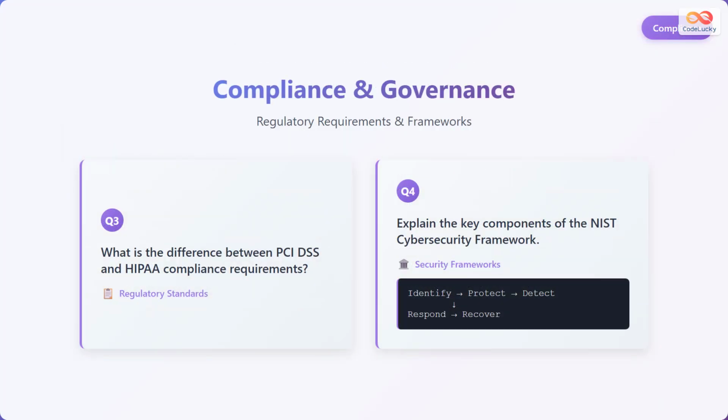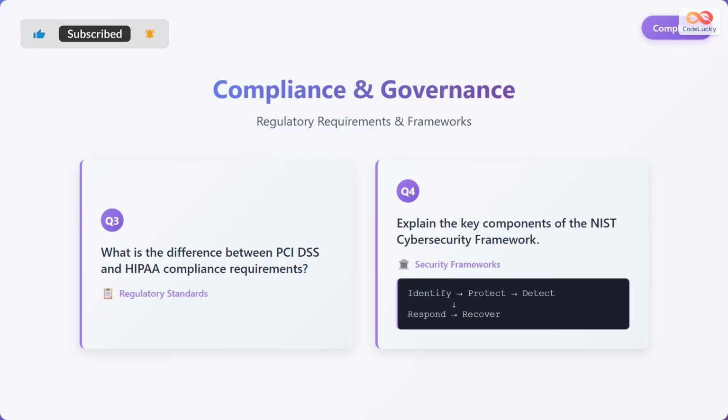Compliance and governance form critical aspects of cybersecurity that ensure organizations meet legal and regulatory requirements while following established best practices. Interview question 3 asks about the difference between PCI DSS and HIPAA compliance requirements. Payment Card Industry Data Security Standard, or PCI DSS, applies to organizations that handle credit card information, requiring specific security measures to protect cardholder data, including network security, access controls, and regular security testing. Health Insurance Portability and Accountability Act, or HIPAA, governs healthcare organizations and requires protection of patient health information through administrative,